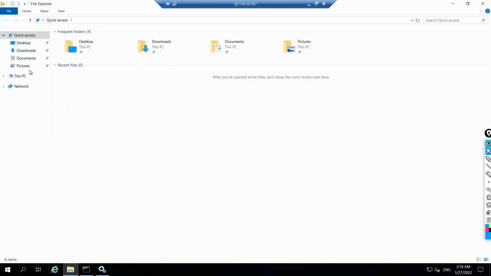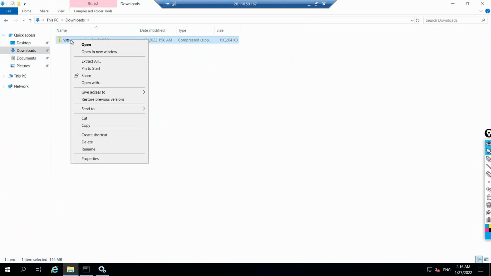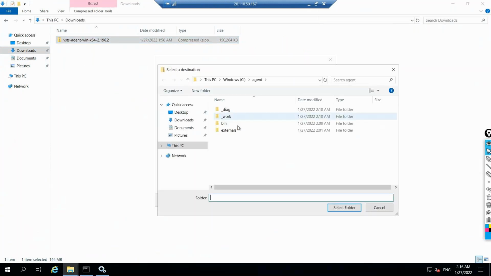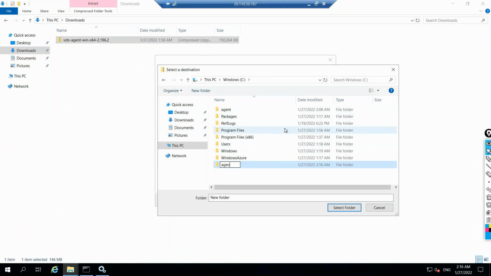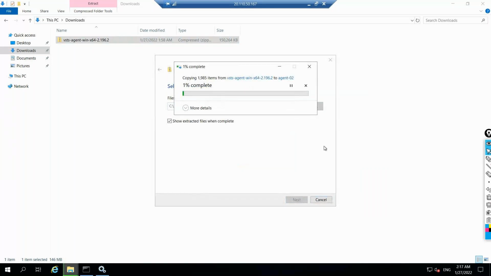You firstly have to make sure to extract this folder. So I'll again do an extraction. I'll say browse, and I can go into the agent folder and extract it, or I can create a new folder called agent01. I'll say a new folder called agent02. I can extract all these files out here, and I will do the same